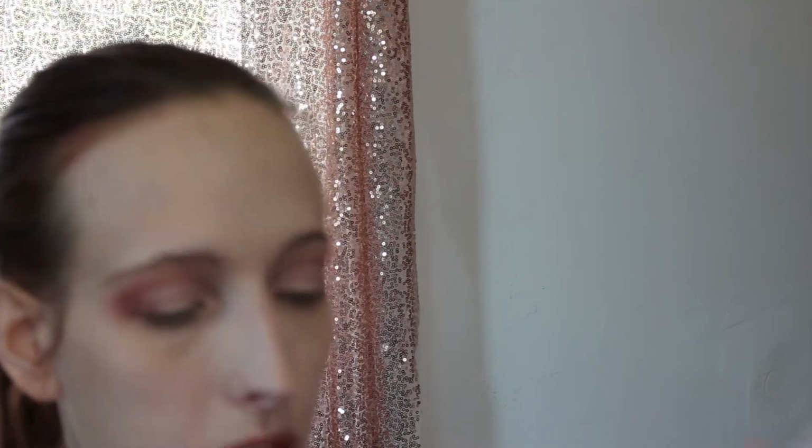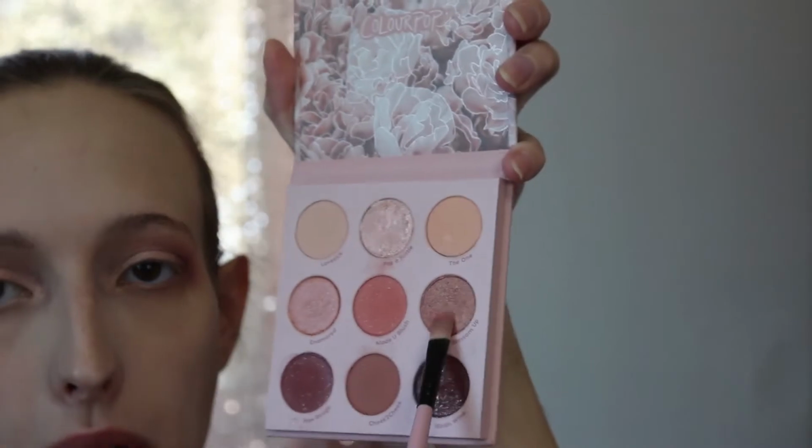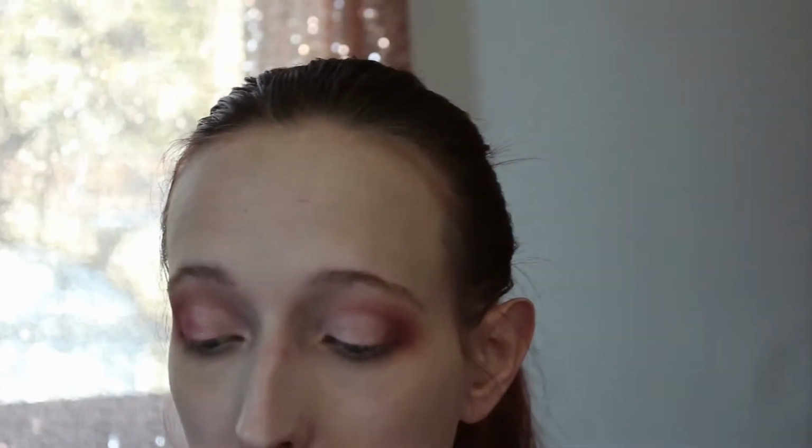With that same brush, I'm just going to take the shade Enamored. I'm going to pop that on the center of my lid. Again, if you feel like you need to use your fingers, go ahead just to get the pigment out. After that, same brush, just clean it off. I'm going to take the shade Blossom Up from the palette, and that's going to go where the outer third meets the cut crease. We're just going to use that to create a nice soft